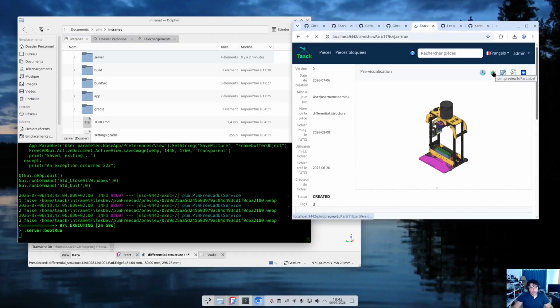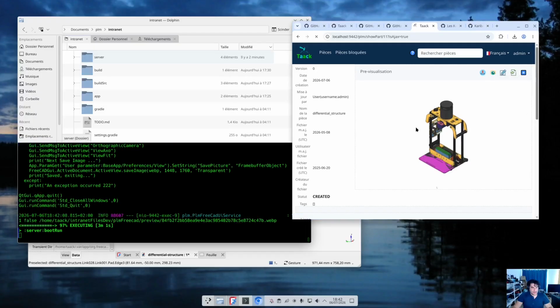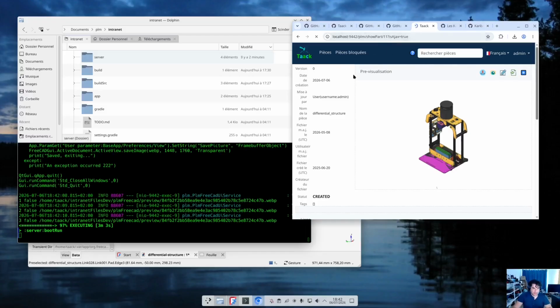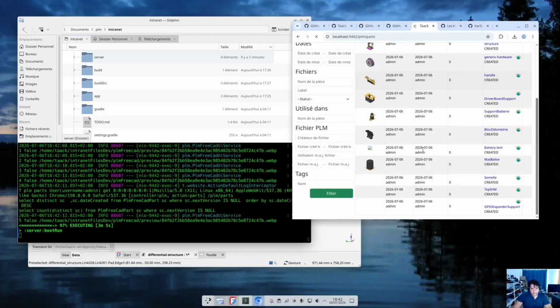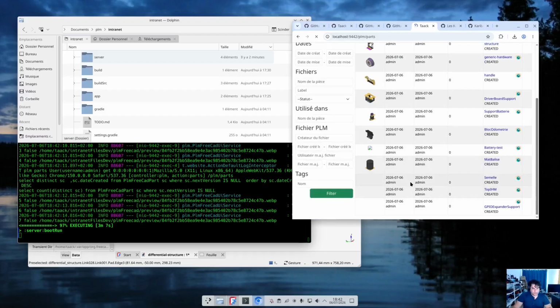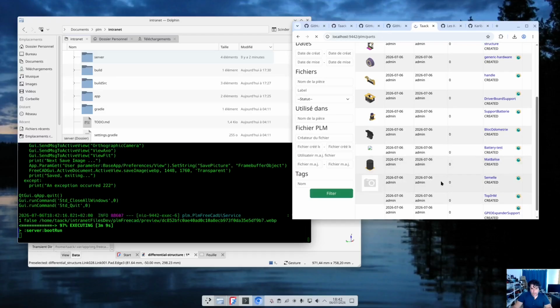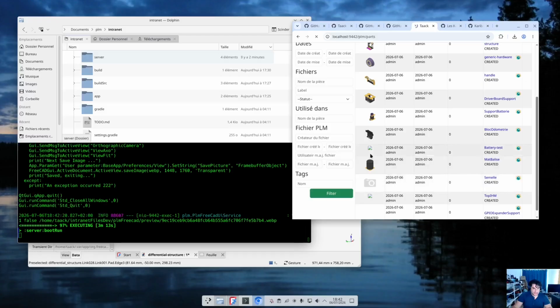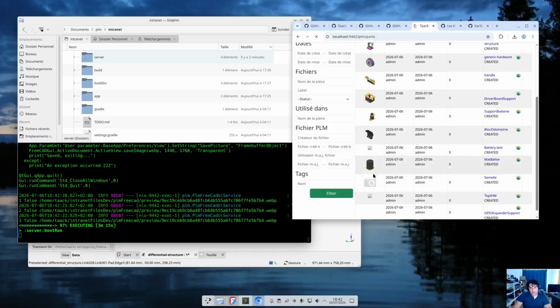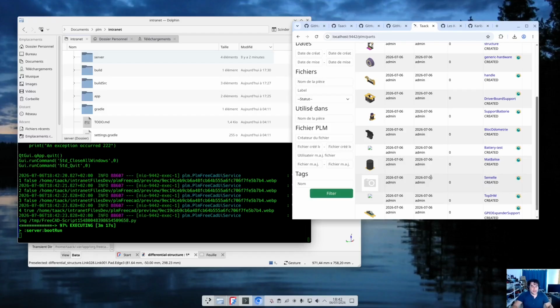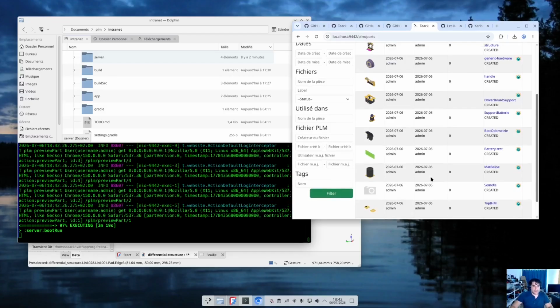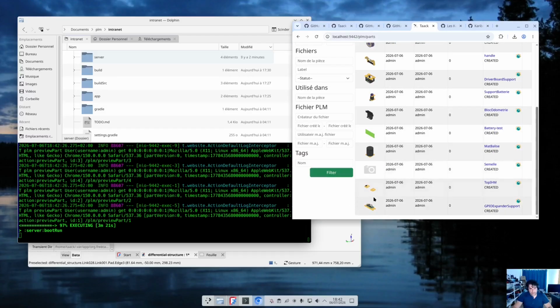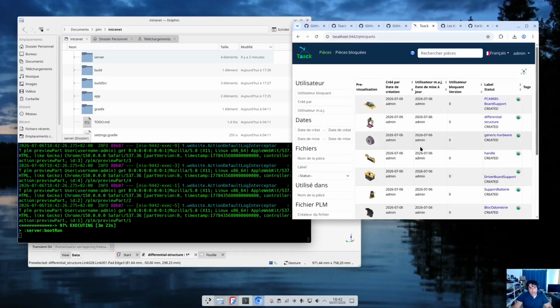We can preview it. It will take some time, so I wait for the previews to be generated. So this one has an error, and we don't have to wait until 50 seconds to show the picture. If we refresh the page, we see that all models have a corresponding preview. If I go into the main model,